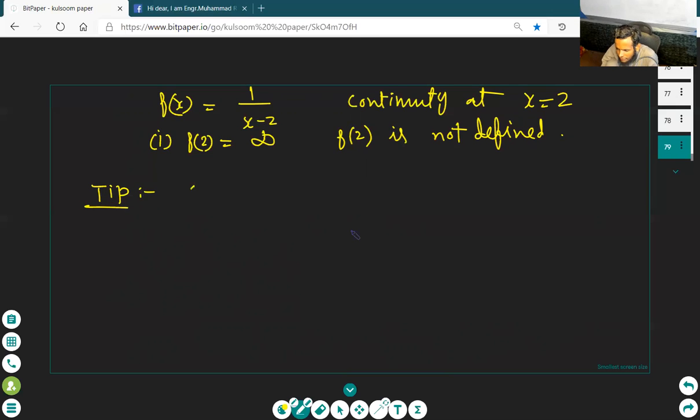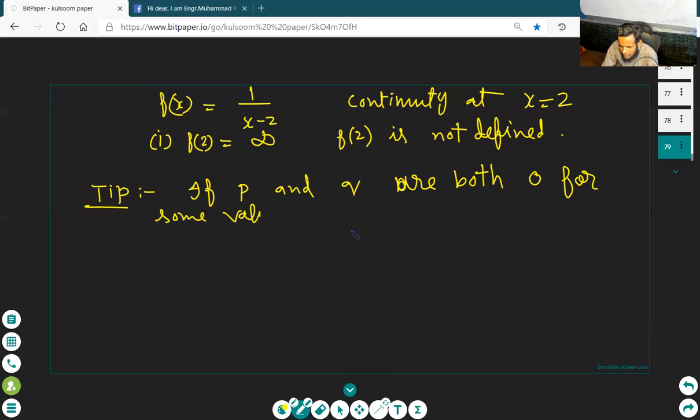If p of x and q of x, both polynomials, are both zero for some value of x,